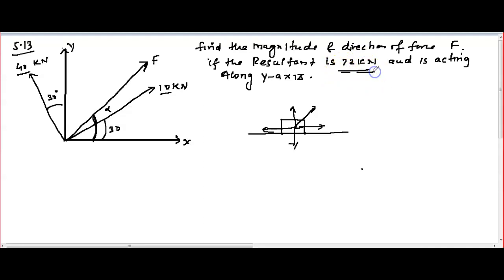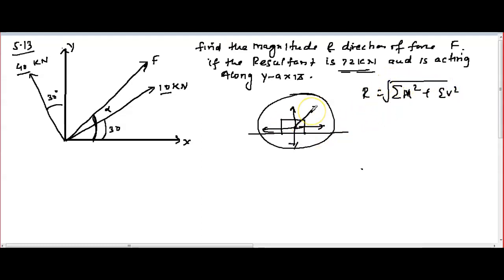72 kilonewton. So we know that the resultant, after the combination of all forces, horizontal and vertical, they applied the formula square root of summation of horizontal square plus vertical square, and they got how much? 72, the final net force, and it is acting on the y-axis. What does it mean? Acting on the y-axis means it's moving along the y-axis. The y-axis is this one here. So consider this textbook was there, many of your friends are pulling, and finally this book is moving in this direction.